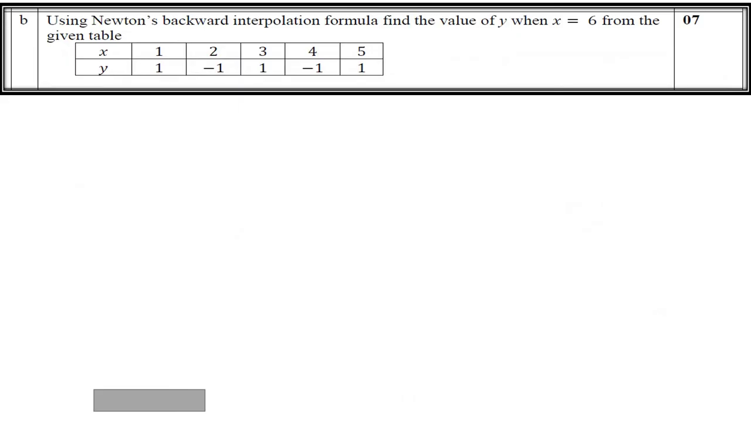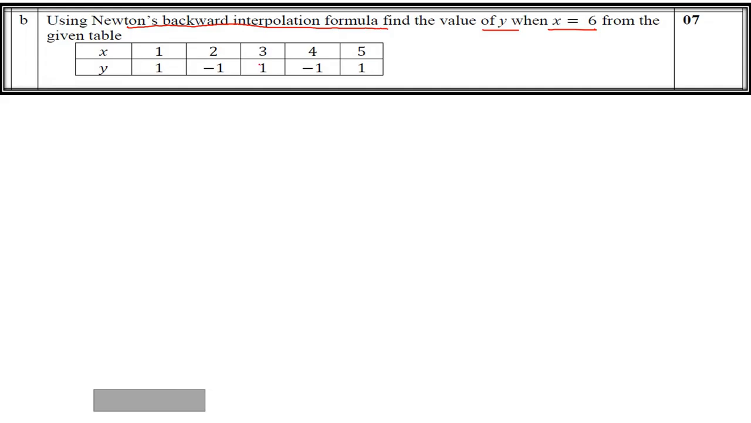Now moving on to question number B. So using Newton's backward interpolation formula, find the value of y. I need to find the value of y when x equal to 6 from the given data. That is, they have given the table. By using this table, we should find